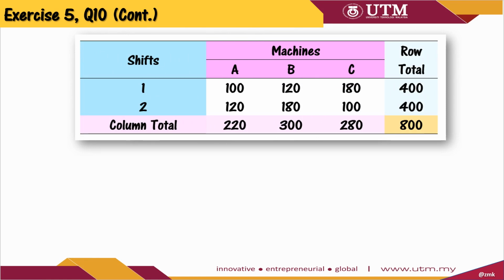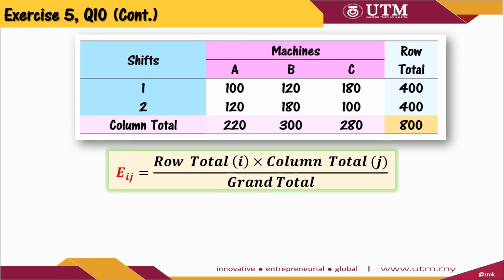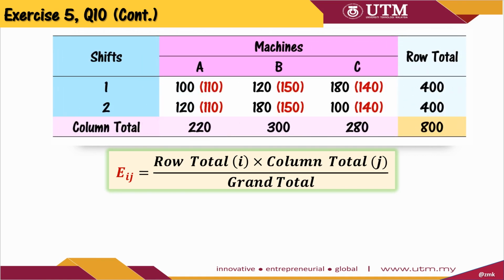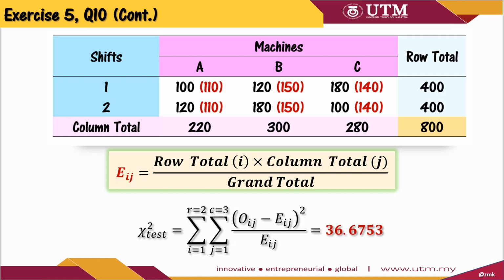Next, by using the formula of eij either for all cells or on 2 cells only, and find the rest of eij values by completing the table, you can check that the values of eij are as given in the red brackets as follows. Having all the eij values calculated, you can then calculate the chi-squared test statistic by summing up all squared differences between Oij and Eij divided by Eij for all i from 1 to 2 and j from 1 to 3, and check if you get